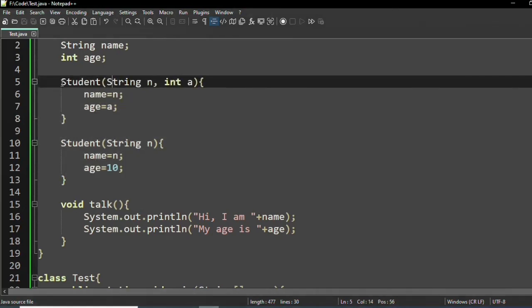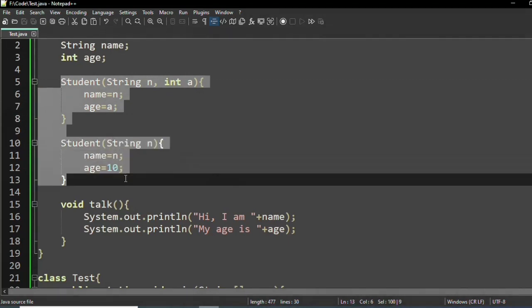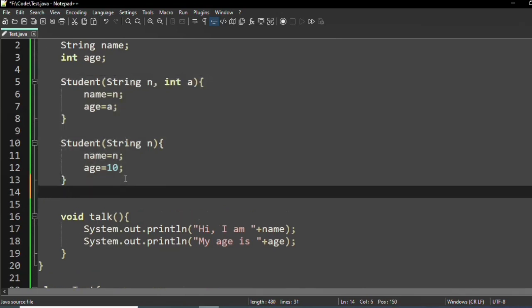Similar to method overloading, this concept is called constructor overloading. If you are not comfortable with method overloading, I would suggest you go through the video lecture that is available on the website or on the YouTube channel. So this concept is called constructor overloading. Similarly, you can create another constructor like this,